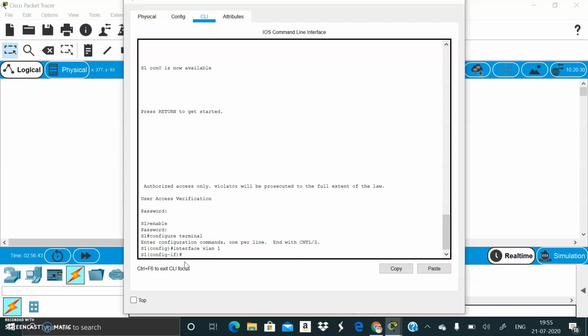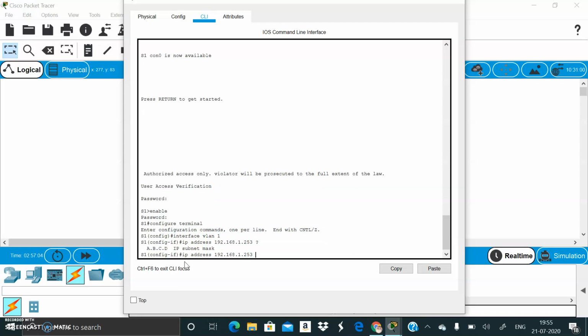Now I have to assign the IP address to the switch. So ip address 192.168.1.253 and then the subnet mask, which is 255.255.255.0.